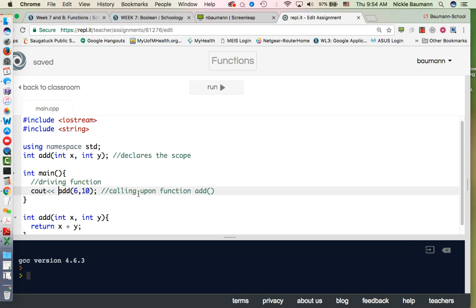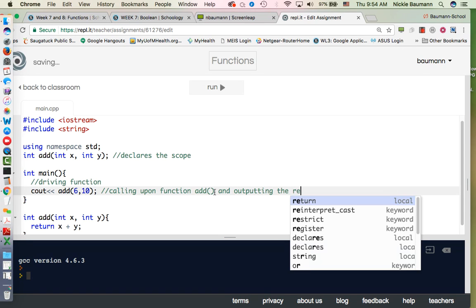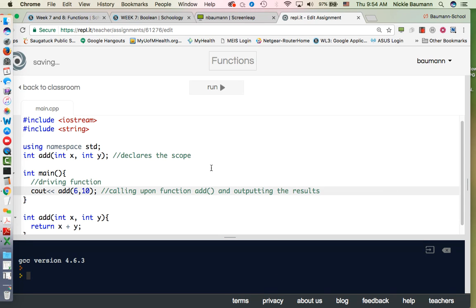we can call upon the function add and output the results. So let's run this again. And now it outputs 16. We can change this, make it 20, and run. There you go. So we can do a direct line of a cout. Or,